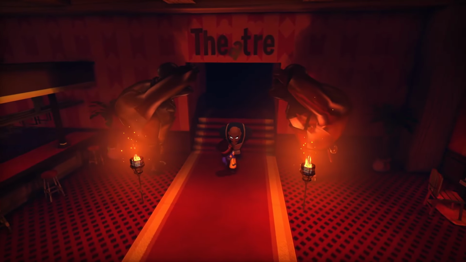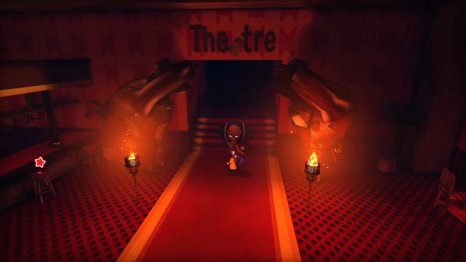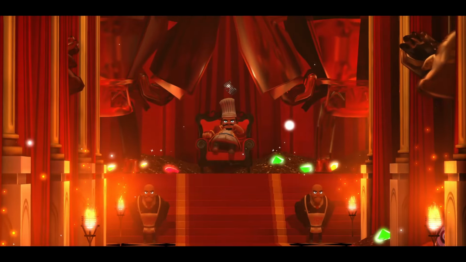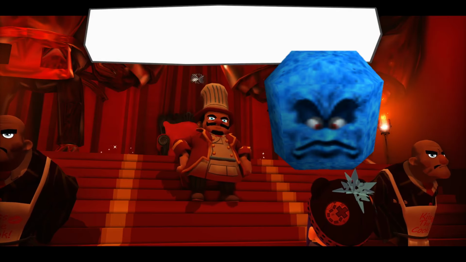Excuse me, sir? Sir? I just need to get by. Sir? Excuse me. Sir? Sir! Here we are, the head honcho himself, the big boss, the sous chef, the Don. Oh. And what's wrong with his head? He's looking like a...